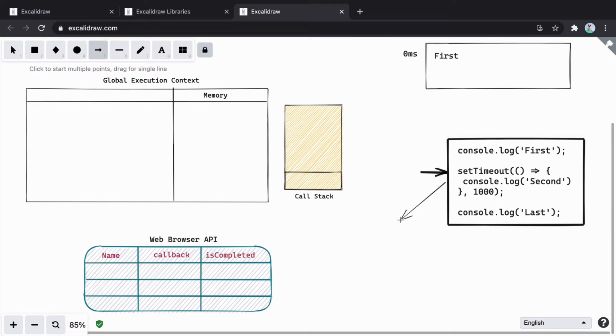So when you say setTimeout, what are you actually doing? You are communicating with the web browser API and telling it, hey web browser API, I want to run a timer. Can you help me here? And it's like, perfect, why not? So setTimeout is a kind of timer API.